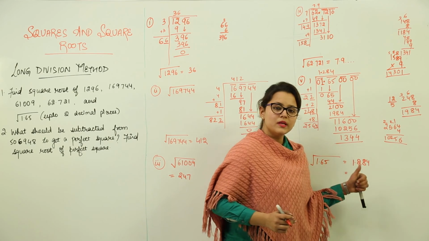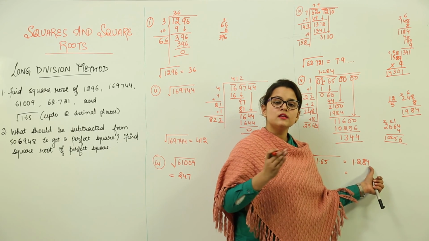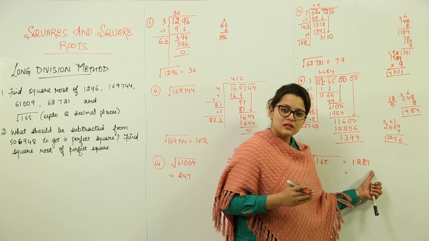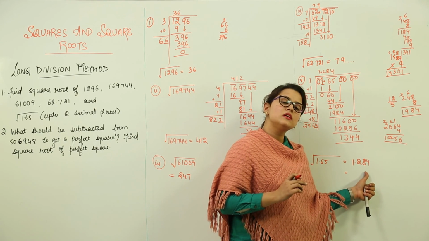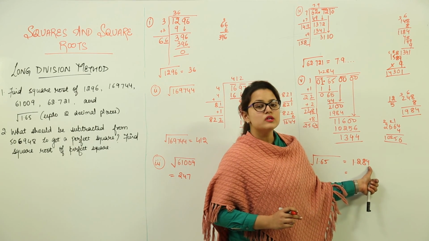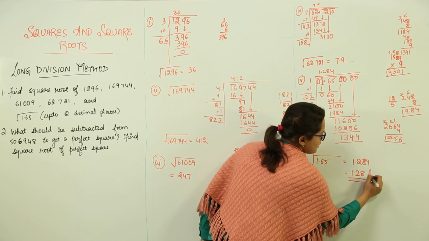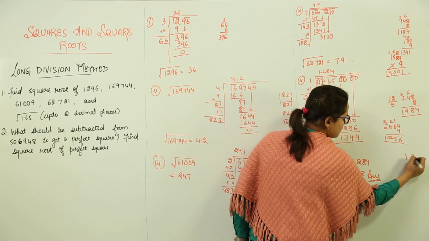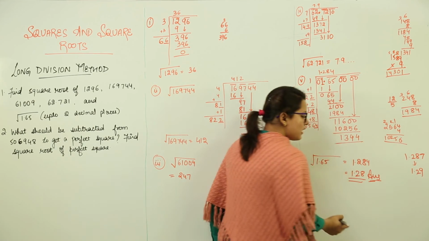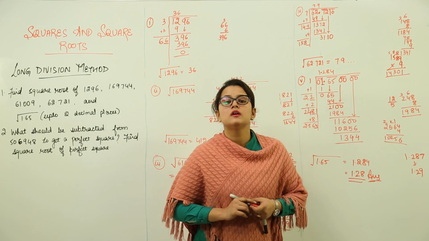Because we have to remove the third place, what should be the rule? You have to consider the third place. If it is greater than 5, you make the preceding number plus 1. If it is lesser than 5, you let the preceding number remain the same. Because the third digit over here is 4, it is less than 5. So I will keep the previous digit, and 1.28 is my answer. If it would have been something like 1.287, I would have made it 1.29. Understood? So this is how we calculate the square roots of any questions using the long division method.